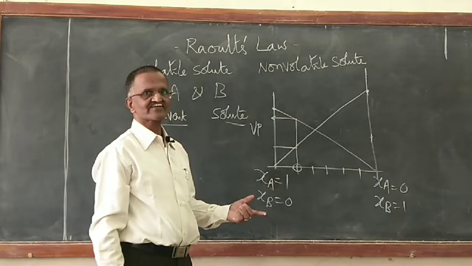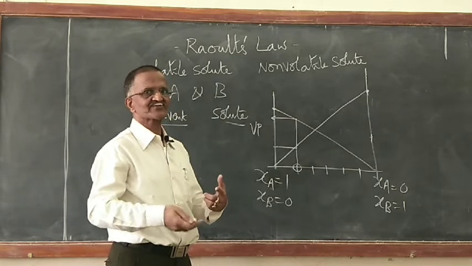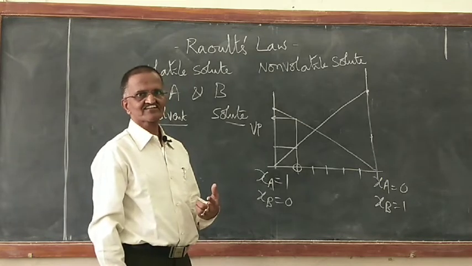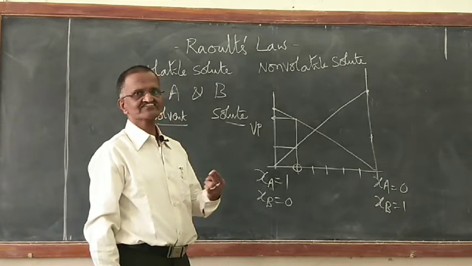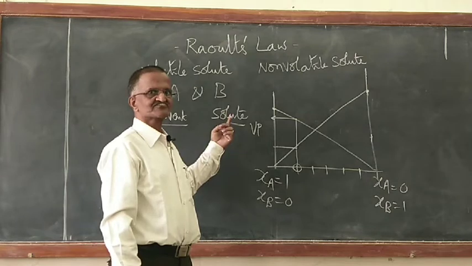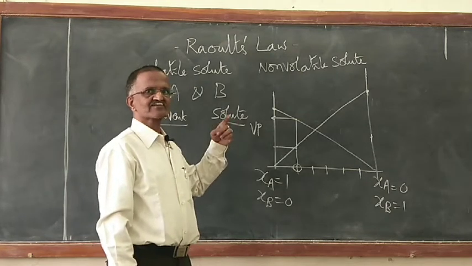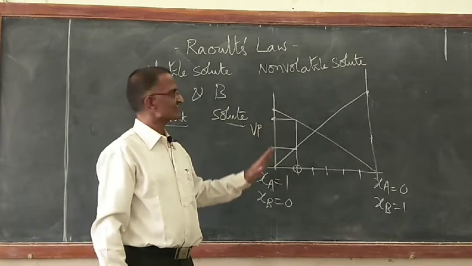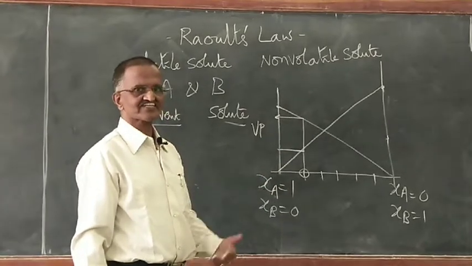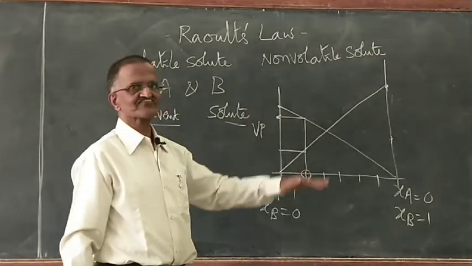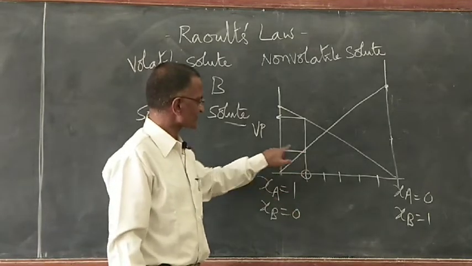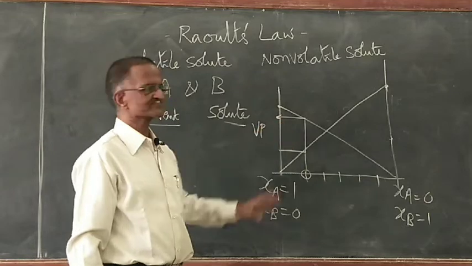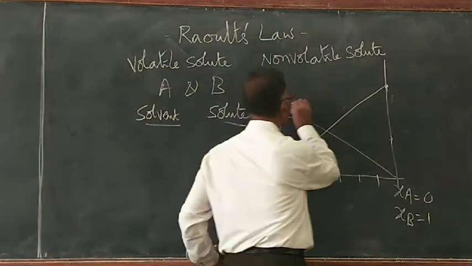Very simple. I need not perform any separate experiment to find out how much A is contributing, how much B is contributing. So if I have a mixture of two volatile substances in the liquid state, I should have a graph for this, and very easily I can read. Instead of that, there is another way. Once I have a graph for this, I need not find out how much is because of A, how much is because of B. So what can I do? Add those two.